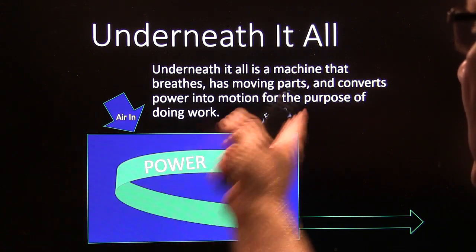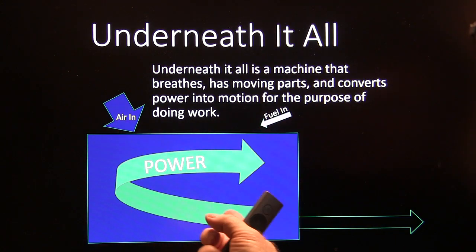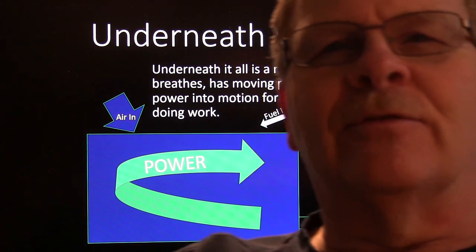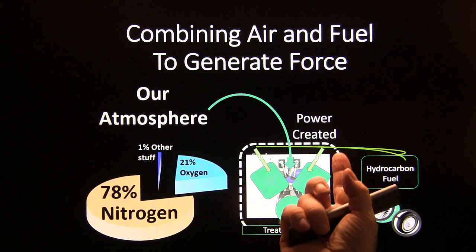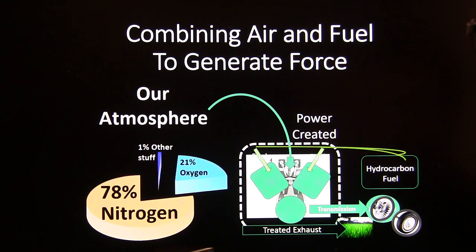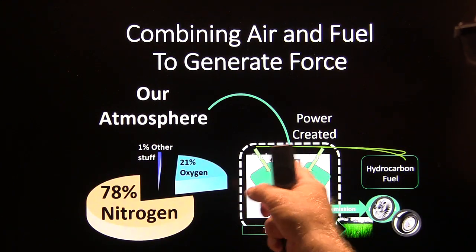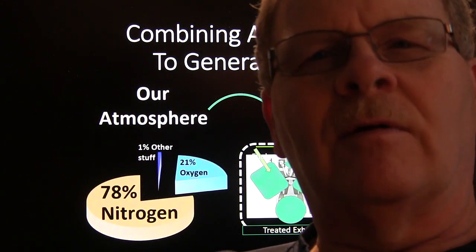We've got air coming in, fuel coming in, power, and if it's set up the right way, we'll basically have CO2 going out. And the CO2 is really good for the grass and the trees, nothing really wrong with it. Combining air and fuel to generate force, we've got 21% oxygen, 78% nitrogen, and 1% other stuff. The power is created right here when the fuel goes in. And it's only like 21%